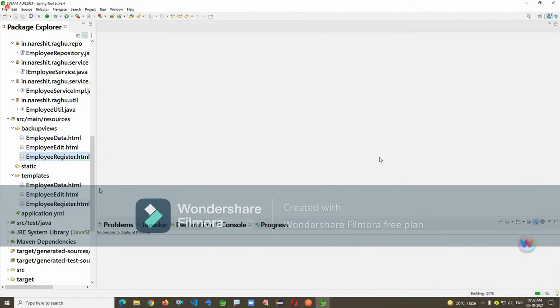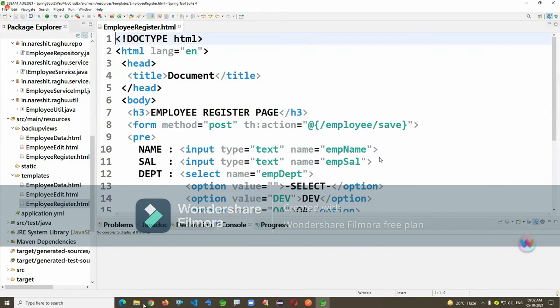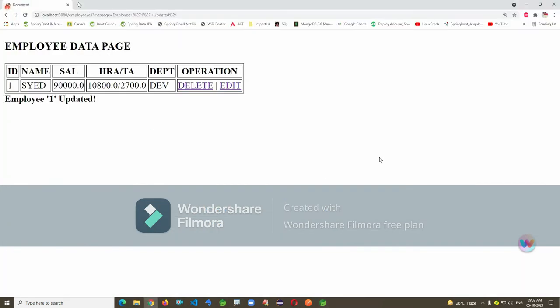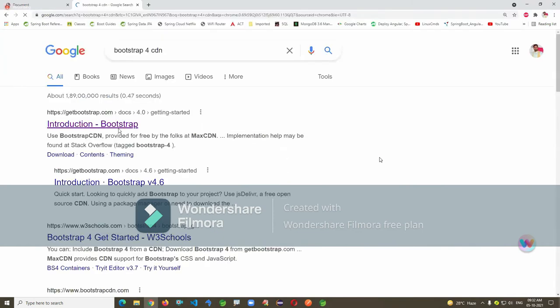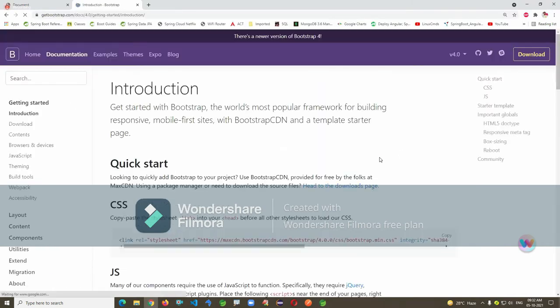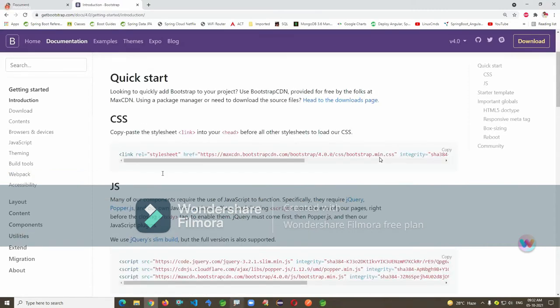Now let me open this register.html. I'm doing some designing here. Look at it, there is Bootstrap. I'm just going to use this. Bootstrap designing, to make designing easy and coding fast, I'm using Visual Studio Code.